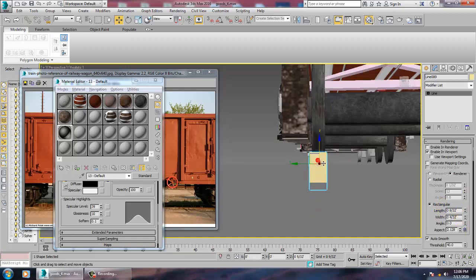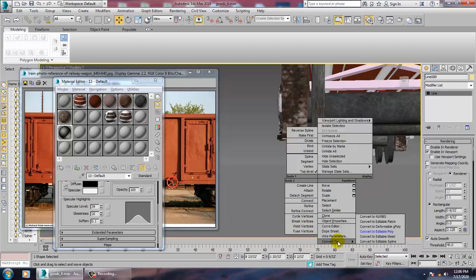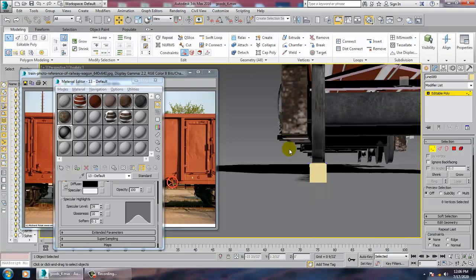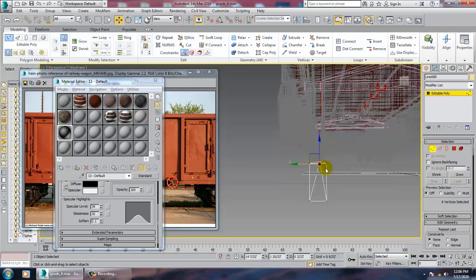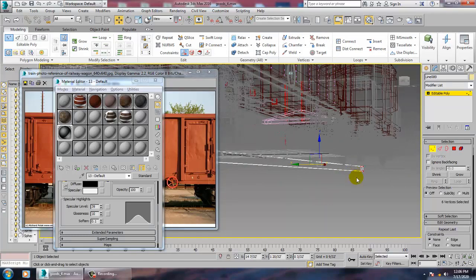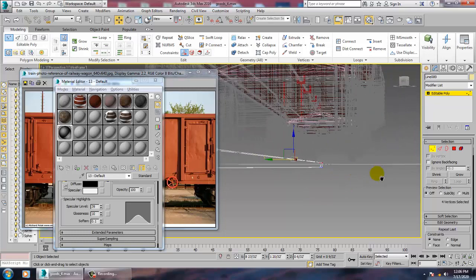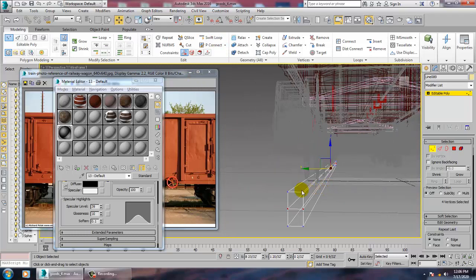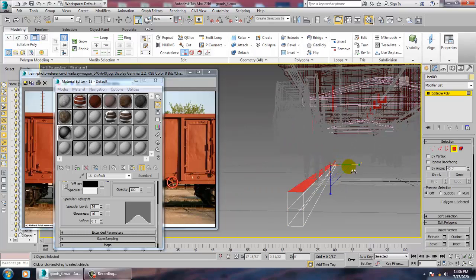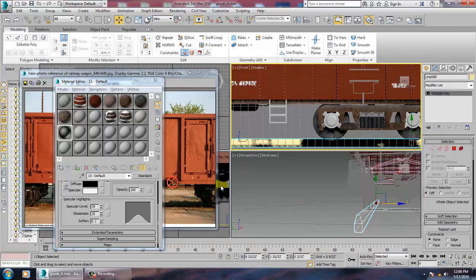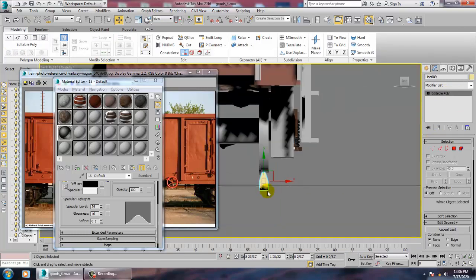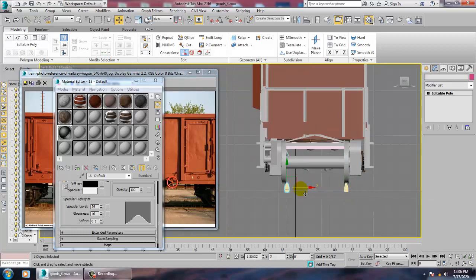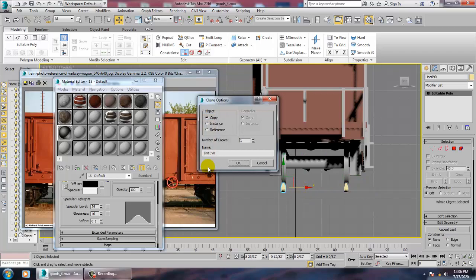So we can just convert to editable poly. Scale it. Just duplicate it in this way.